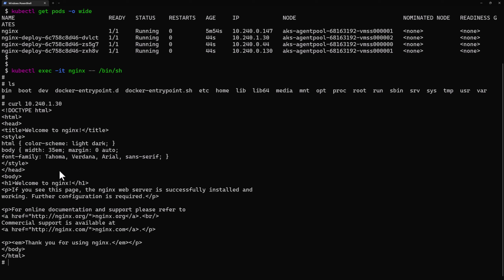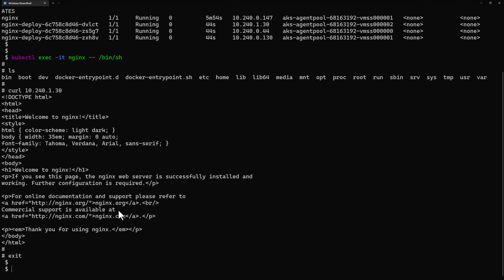So this is to say that all pods within the cluster can communicate with each other. Even if these pods are within different namespaces, they still can communicate. And in order to limit this communication, because you might have different applications and you want to isolate those different applications, you might use something like a network policy using Calico. Let's exit from inside this pod,